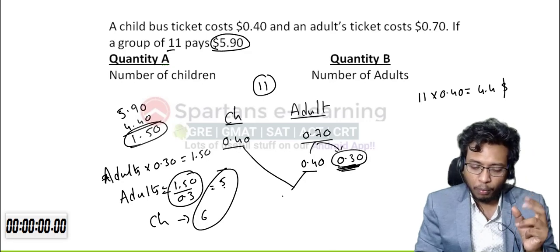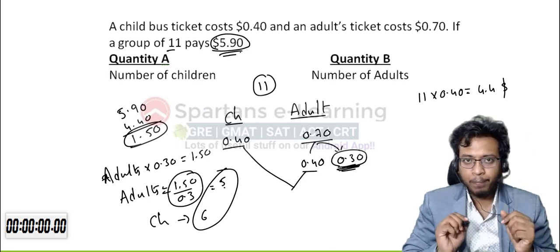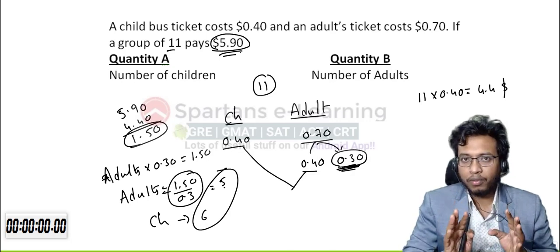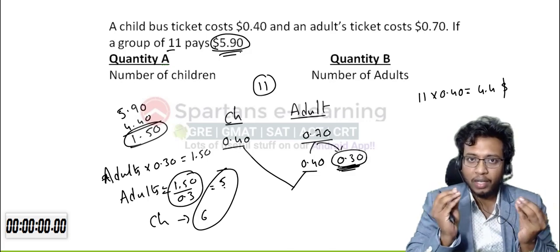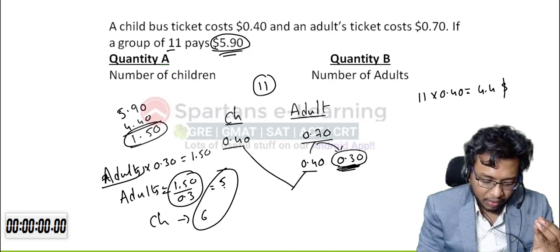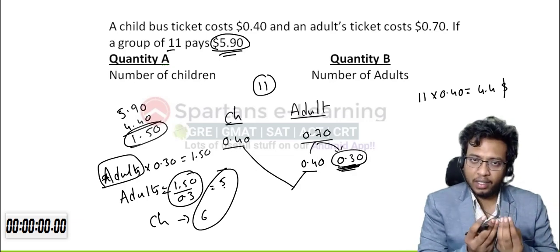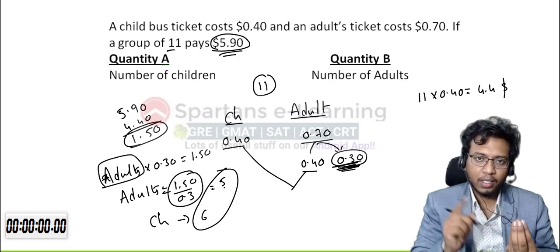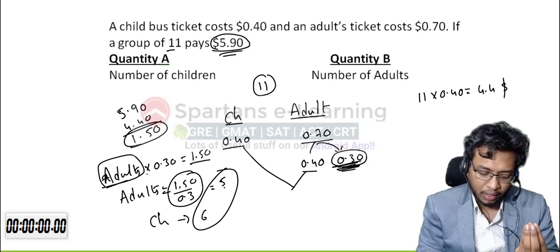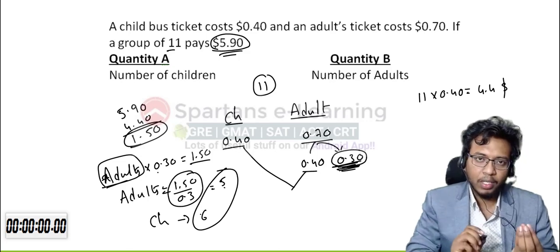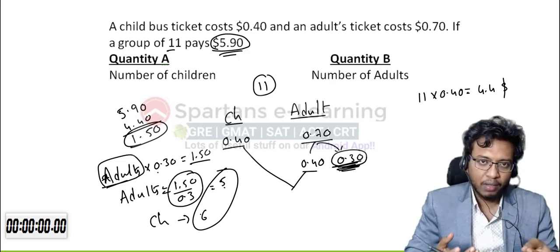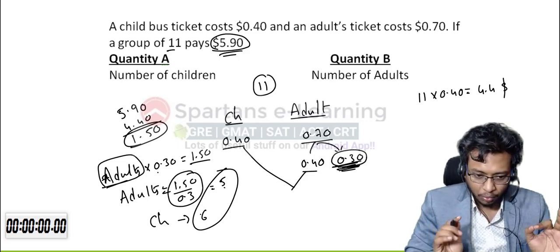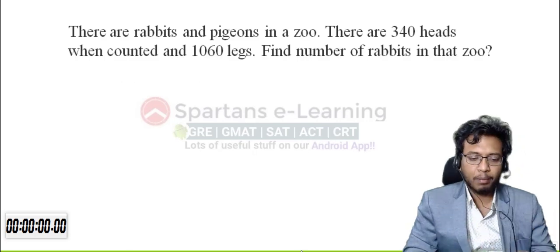So total cost will be 4.4, but then it is given as 5.9. That means there is a reduction of 1.5. So now you have to think why there is a reduction of 1.5 on total 11 tickets. Because there are some adults, okay? Let them be X adults. On every adult you reduce a cost of 0.30. That's why there is a reduction of 1.50. Now if you want adults, you send 0.30 that side, it will be 5. That means your adults is 5 and total is 11, so your children will be 6, right? I hope you understood this method, right? Thank you. Now you solve this question in the same method.